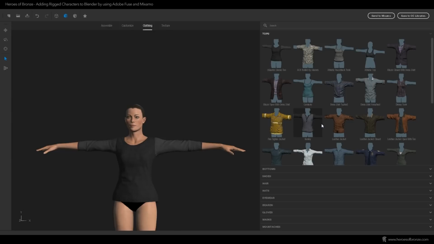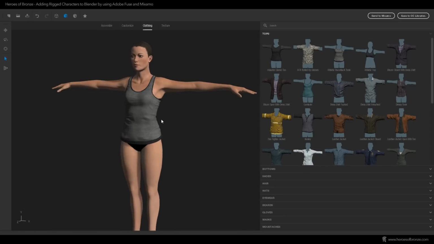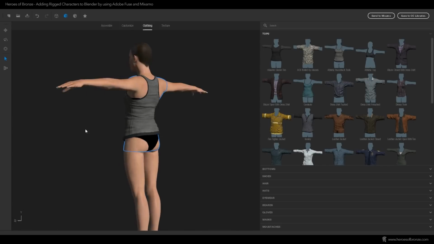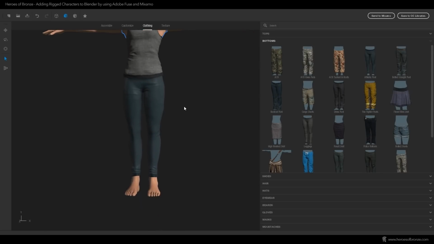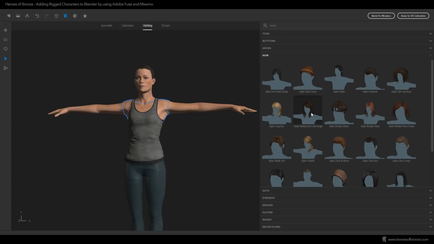And great thing is that even after you add these accessories, you can always go back and edit the appearance and the proportions of the character. You don't even have to go back to the Customize tab, you just do it here by simply dragging on different body parts. Now let's choose some fitting trousers and go to the Hair tab. There's many different types of hair, both for female and male models, and I will show you how to change their color and different texture properties later.